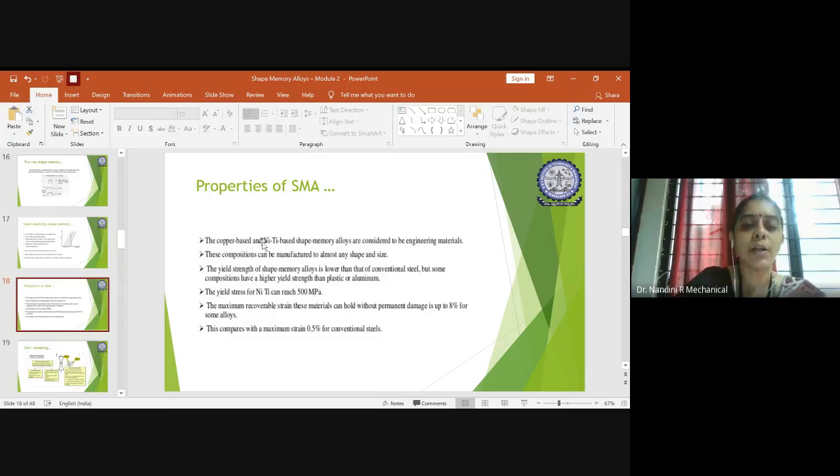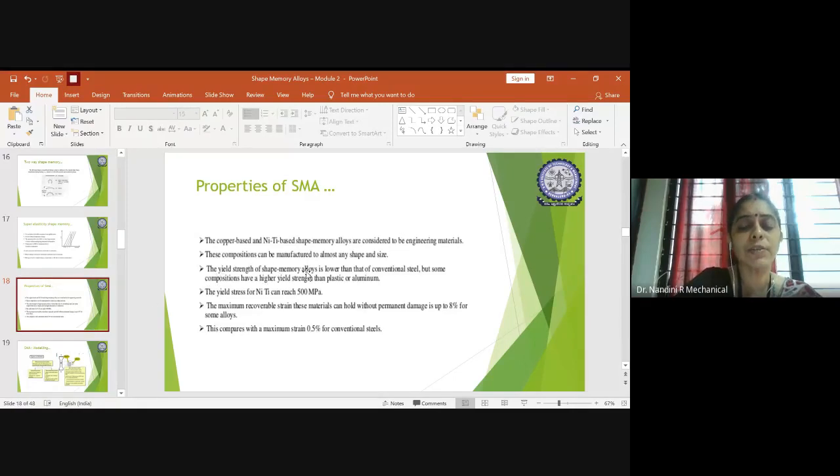So you will play with the copper based alloys and nickel based alloys to see which meets your requirement for specific applications. And these combinations of alloys are nowadays manufactured to any shape and size as desired. Sometimes it can be drawn into thin sheets, sometimes into thin wires. It is malleable and ductile both. So it can be manufactured to any shape and size as per the requirement of the customers or any company or industries.